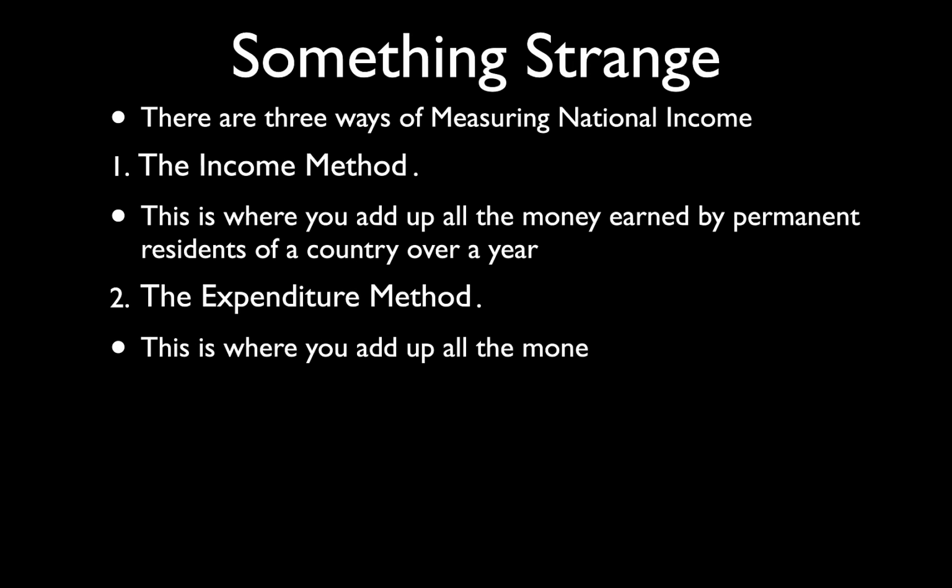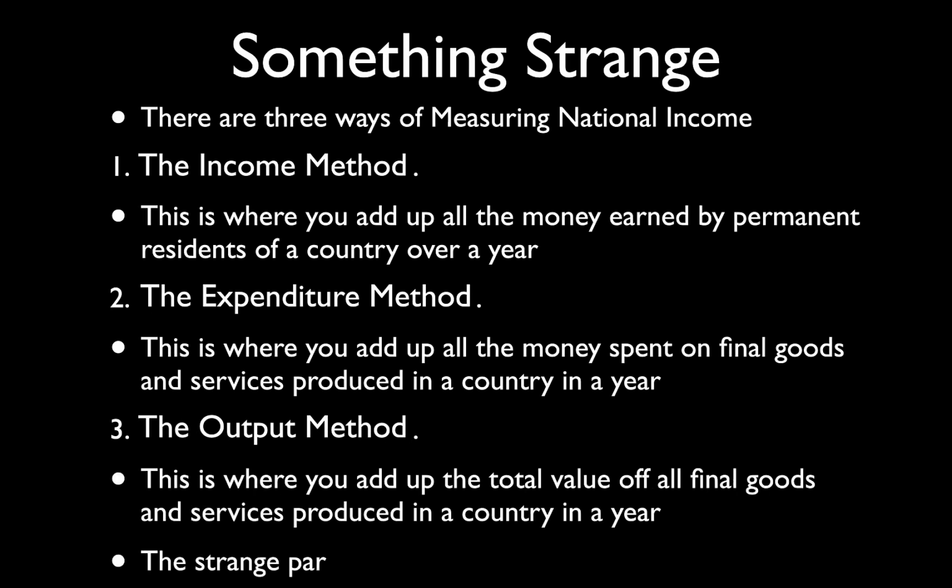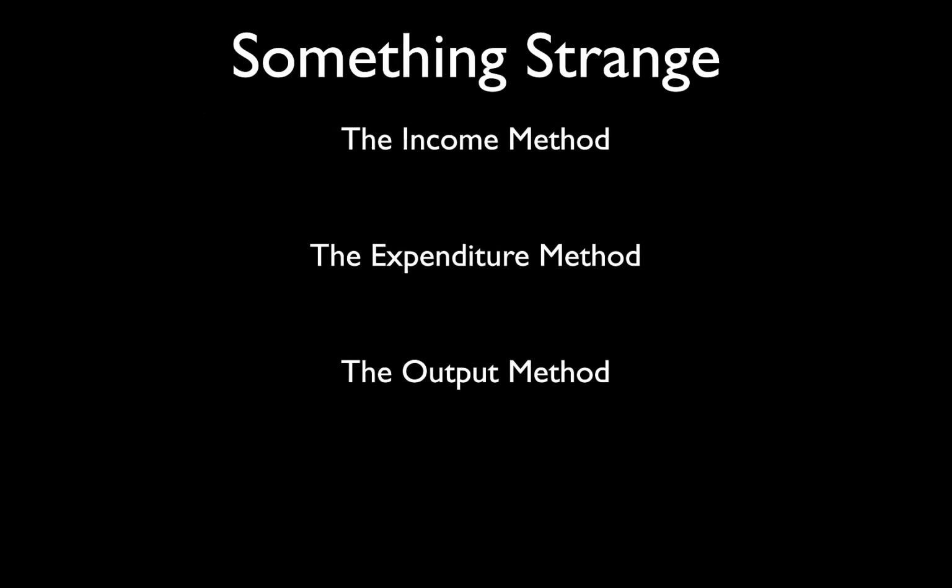The second one is the expenditure method. This is when you add up all the money spent on final goods and services. Final goods and services. One last time, final goods and services. You may not know what that is yet, but we will come to that later on in this video. And then the output method, which is what we have been doing all the way through. This is where you add up the total value of all final goods and services produced in a country in a year. And the strange part is that each of these 3 methods are 100% equal to each